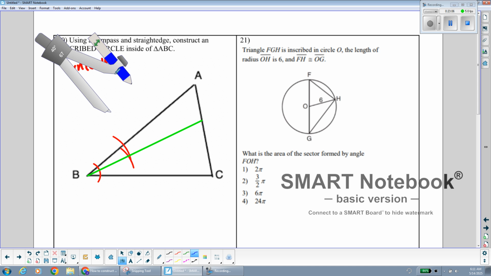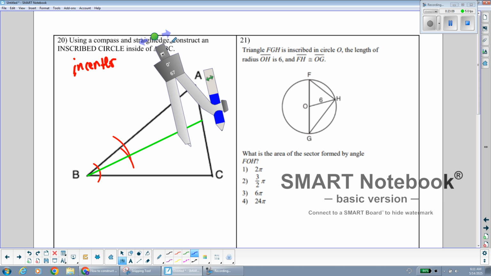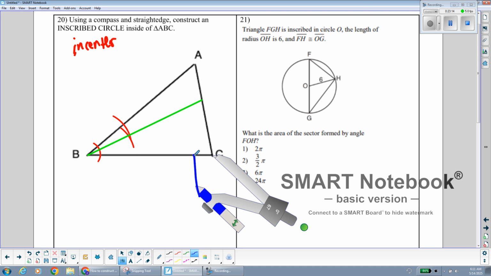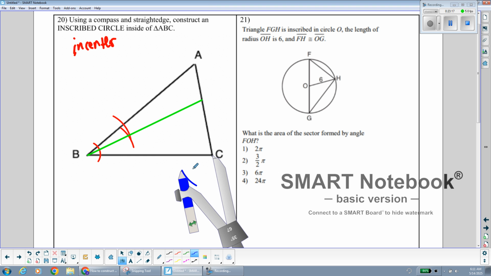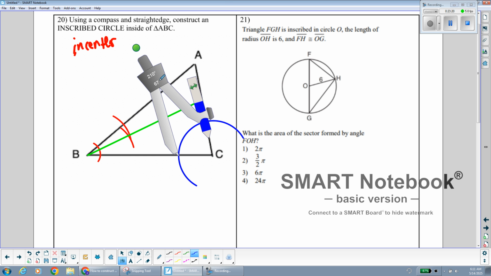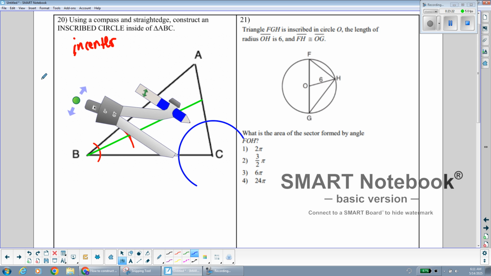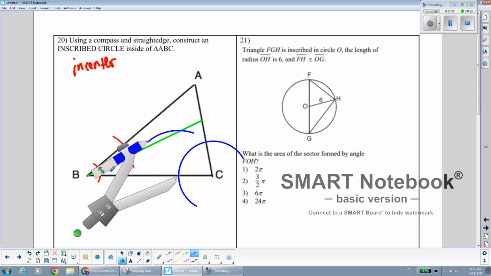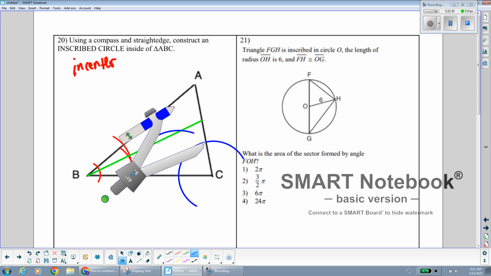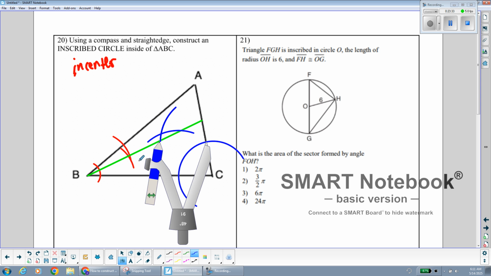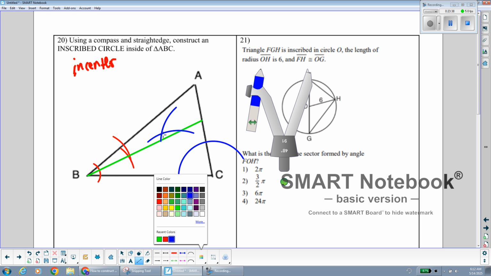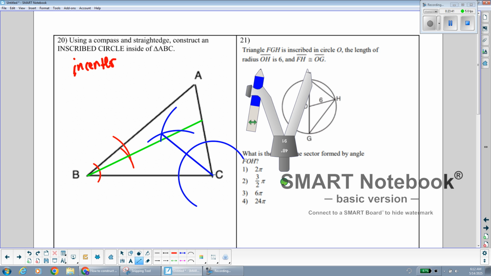And then I'll do for angle C. And then the point where they intersect